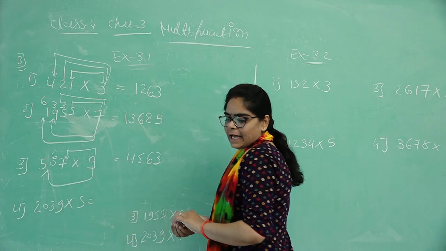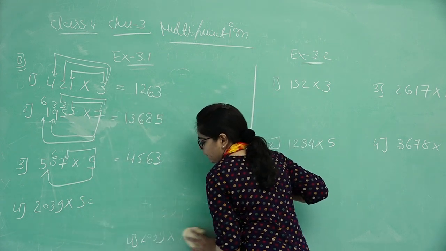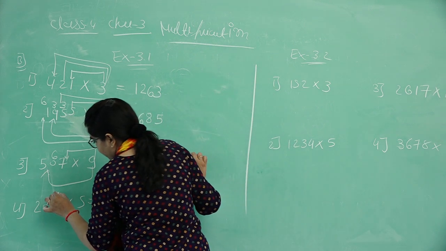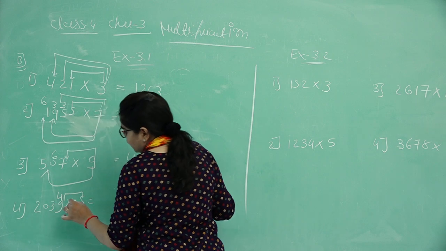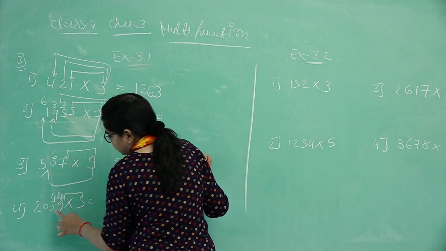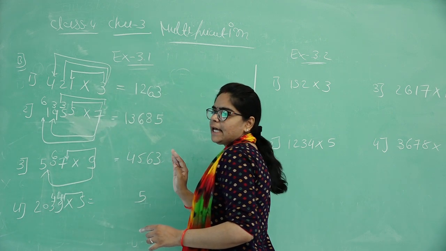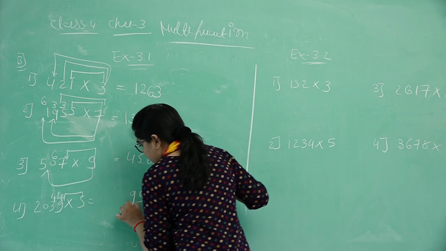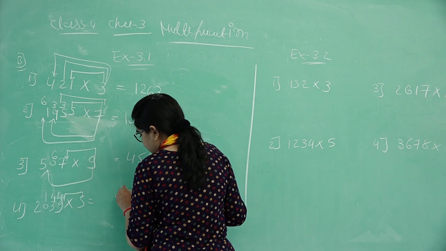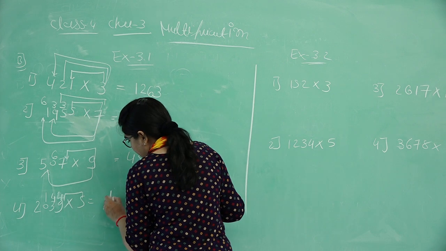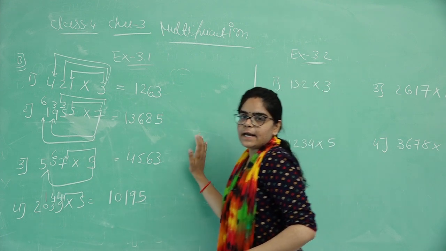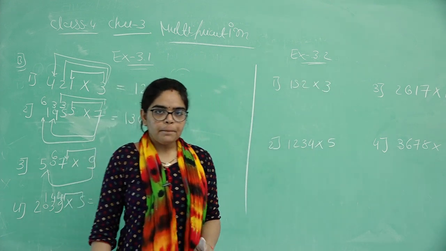First of all, 9 multiply by 5. 9 5s are, how many are there? 45. So 5 here, 4 carry over. 5 3s are 15. 16, 17, 18 and 19. 9 here, 1 carry over. 5 zeros are 0. So 1 as it is here, and 5 2s are 10. My dear students, here our exercise 3.1 is completed.